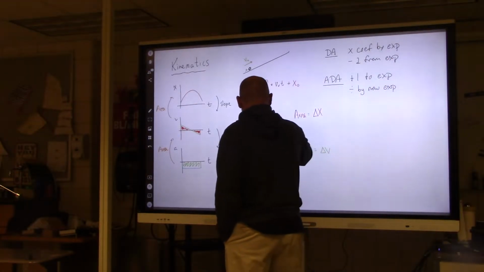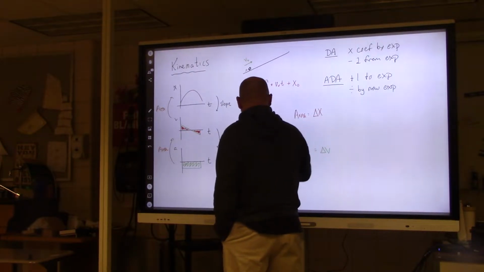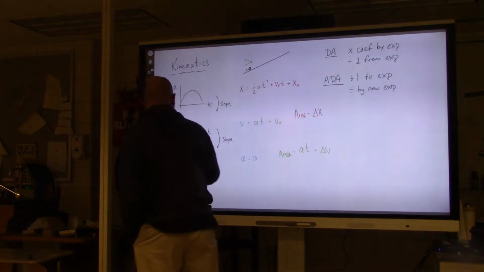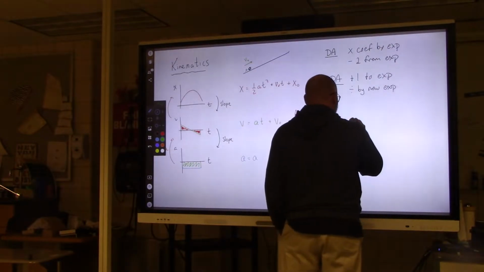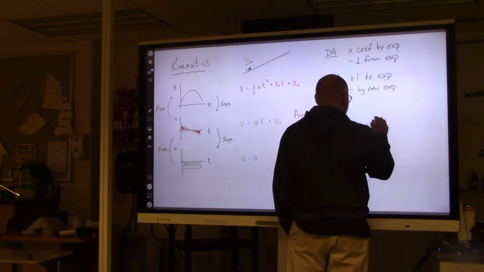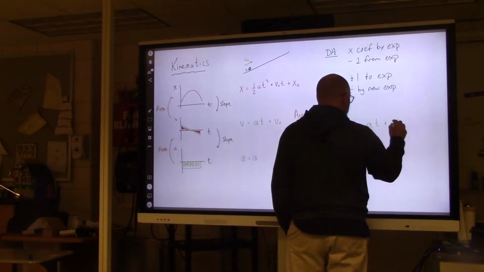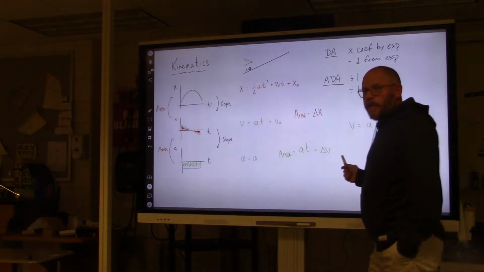So let's take this one. If v is equal to at plus v0, and I want to take the antiderivative of this,